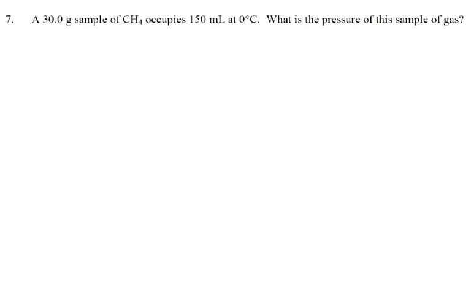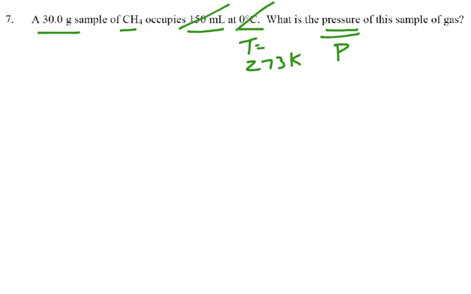Problem 7. A 30-gram sample of methane occupies 150 milliliters at 0 Celsius. What is the pressure? Okay, so we're looking for pressure. We know that the temperature is 273 Kelvin. We don't want to use 150. We're going to say the volume is 0.150 liters. And we don't really have moles, but we can figure out moles because we have 30 grams